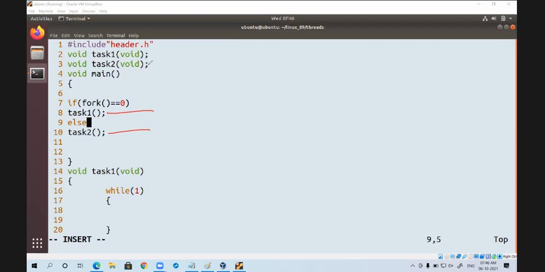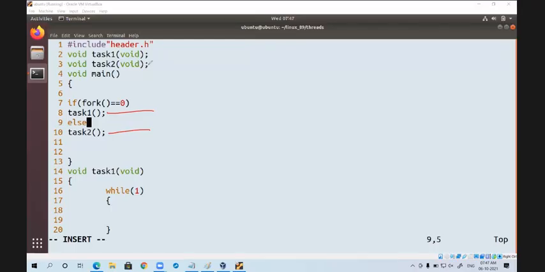But my requirement is, in a single process itself, two tasks should be executed concurrently. So in such a case, we need to go for the threading concept.